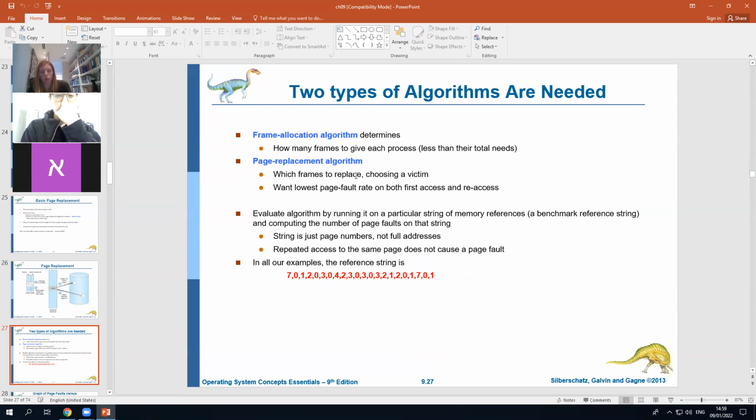2 types of algorithms are needed. So we need to solve, when we say 2 types of,